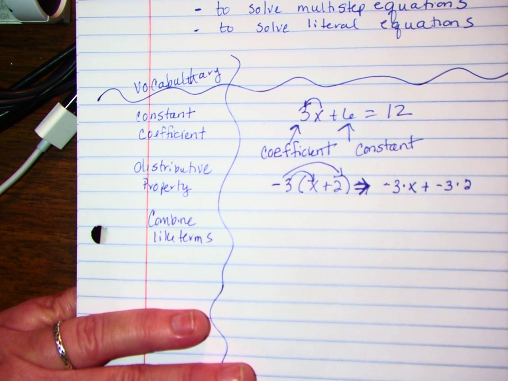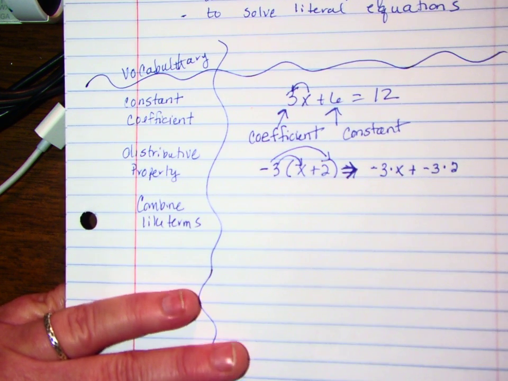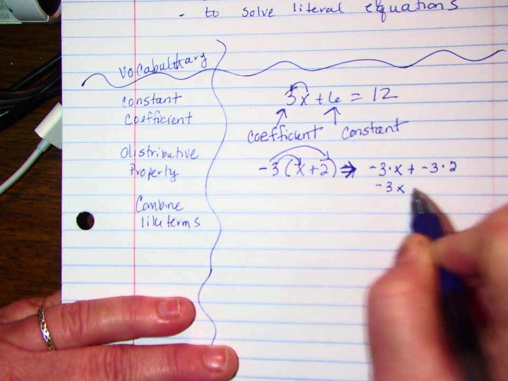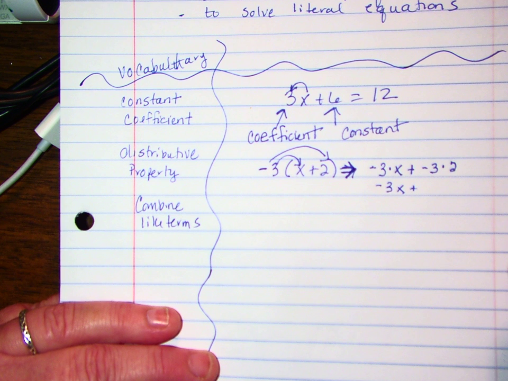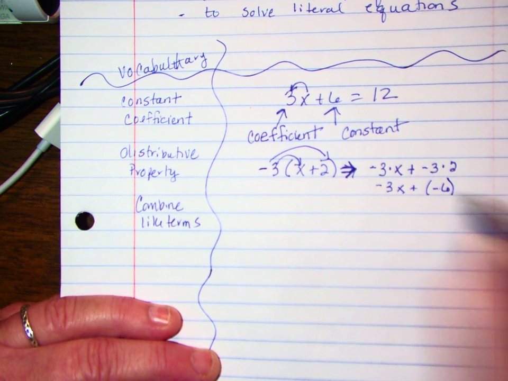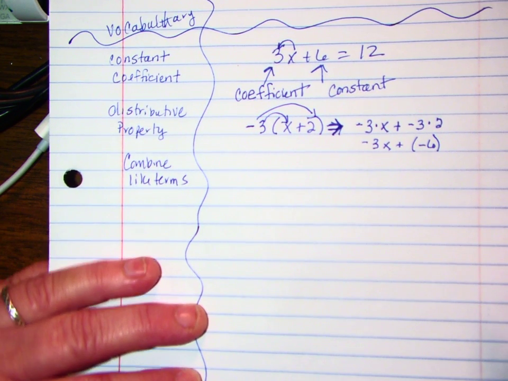Now, we can't do negative 3 times x. We don't know what x is. So we're just going to put them together. But we do know what negative 3 times 2 is, and that would be a negative 6. In proper math,